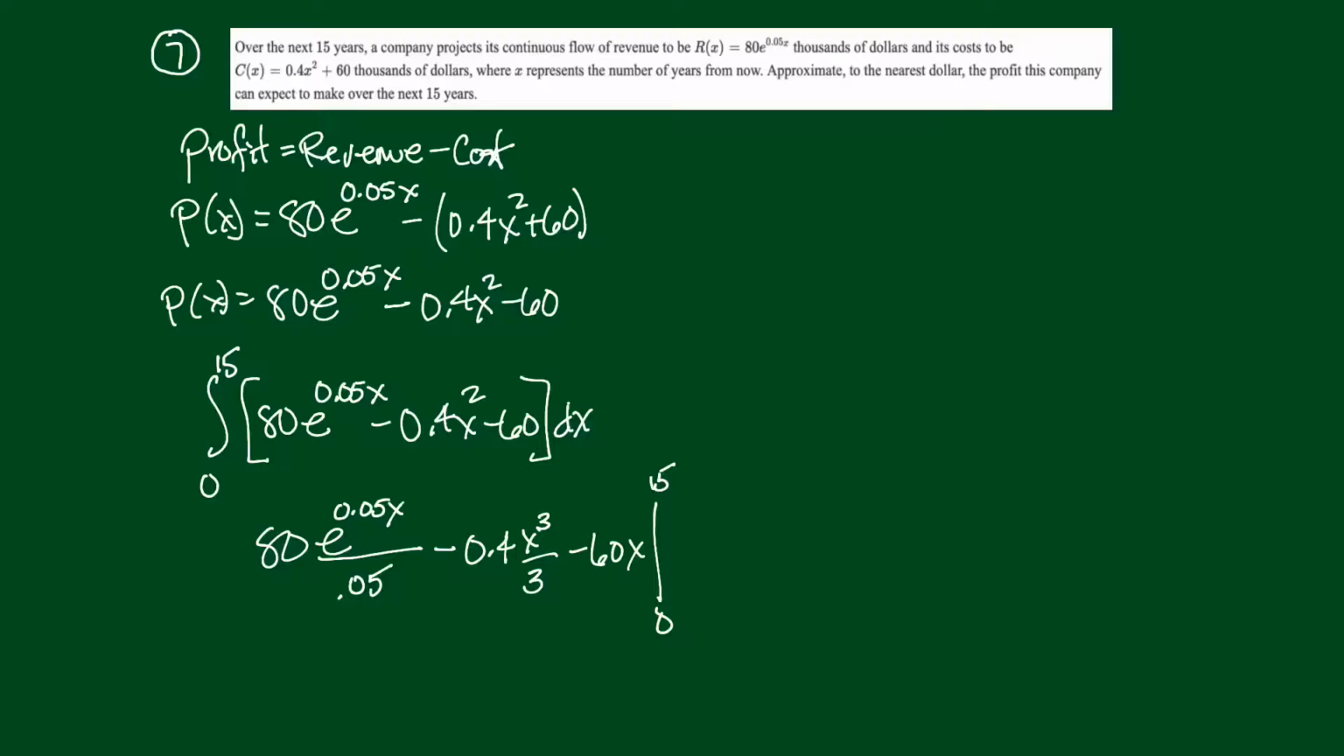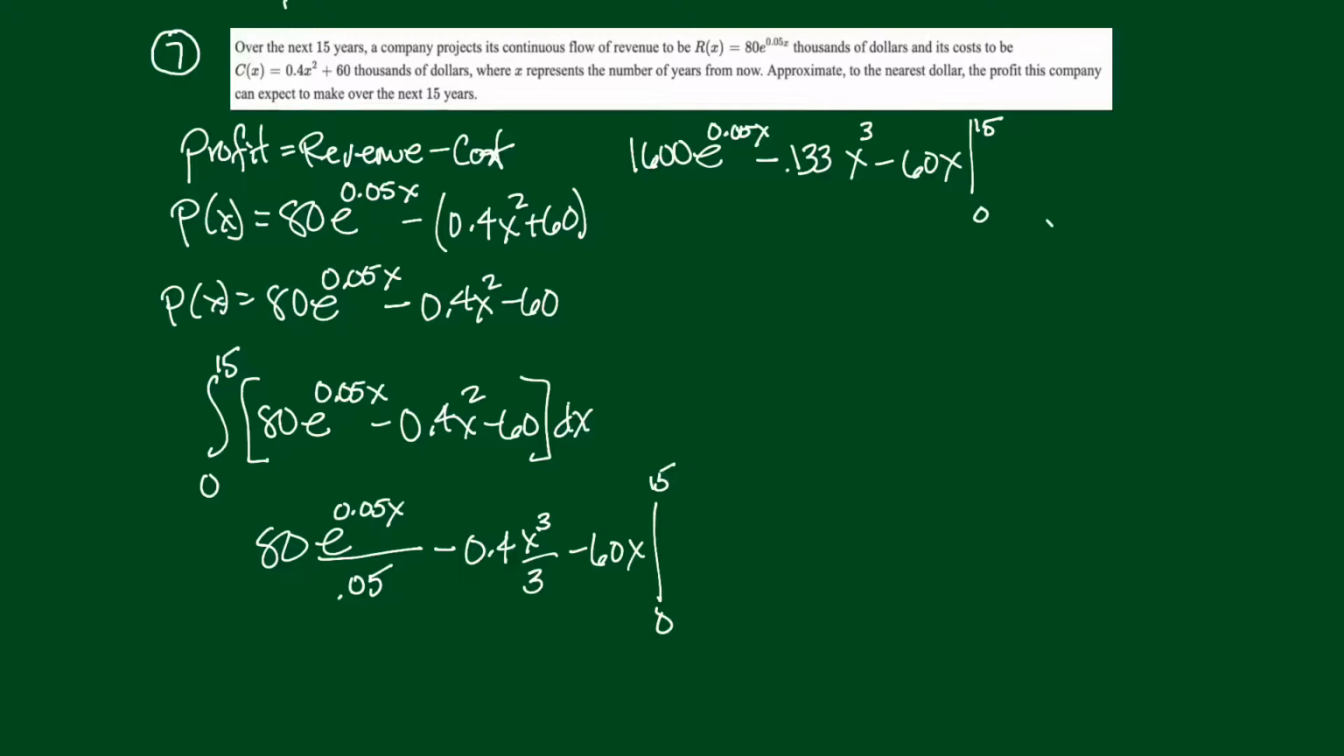So let's see what we can do here. You know what I'm going to do? I'm going to take 80 and divide it by that 0.05. So I'm going to take this 80 and divide it by 0.05, and that gives me 1600 e to the 0.05x minus, now if I take the 0.4 and divide it by 3, I'm going to round off a bit. I get a 0.133 maybe, and then x cubed minus 60x, and we're still going to go from 0 to